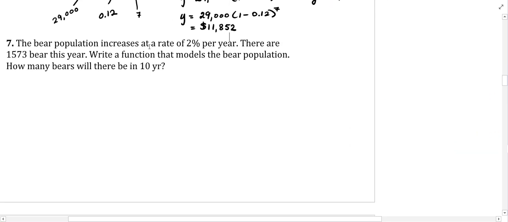The bear population increases. Yay, a growth function. So this is going to be 1 plus r. Rate of 2%, so that means that r is equal to 0.02. The bear population this year is 1573, so that's the initial value. Write a function that models the bear population. y equals